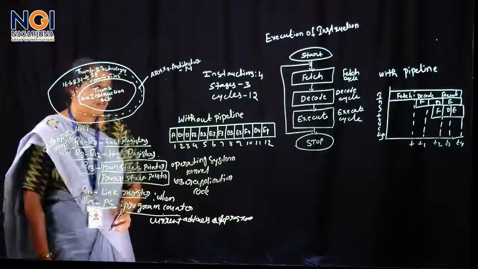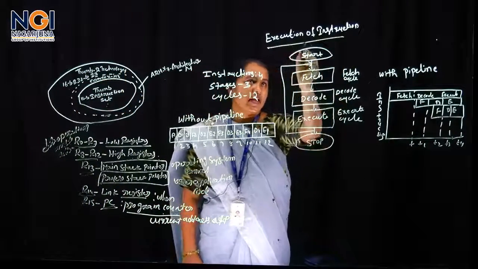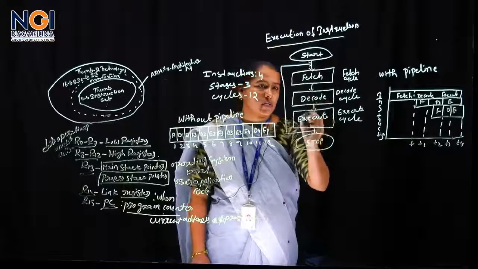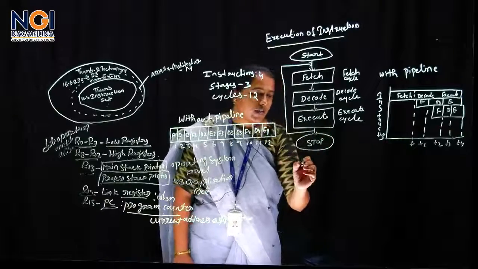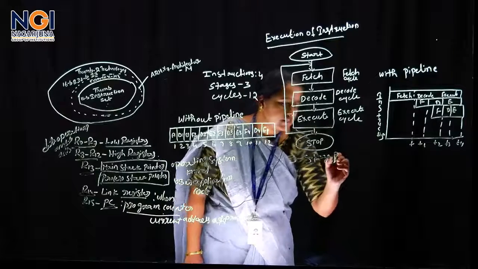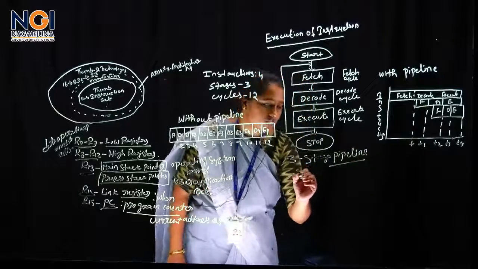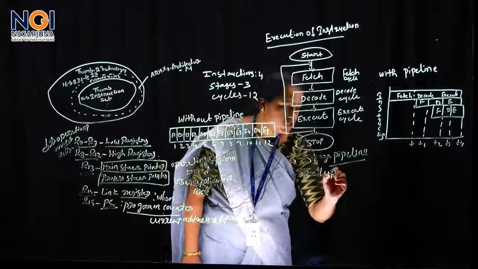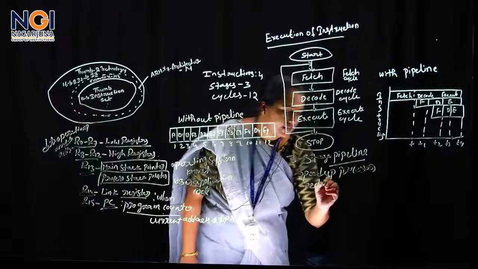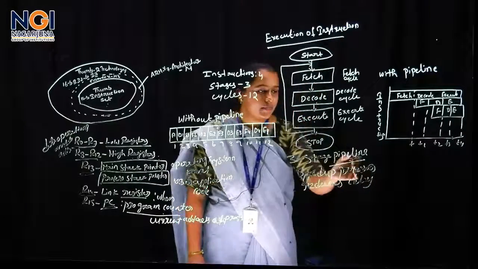This is about registers. Now this is the pipelining, how we can execute the instructions in the processor. Fetch, decode, execute. These are the three stages. In ARM Cortex we have a three-stage pipeline. What is the use of pipeline? It speeds up the processor and it reduces the delay. This is the main advantage of pipelining.